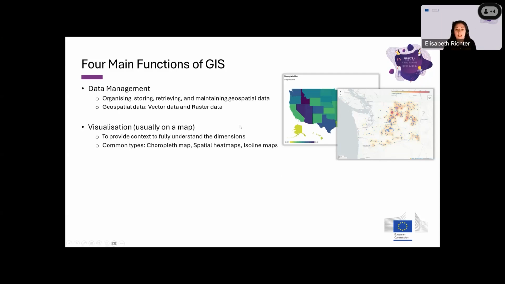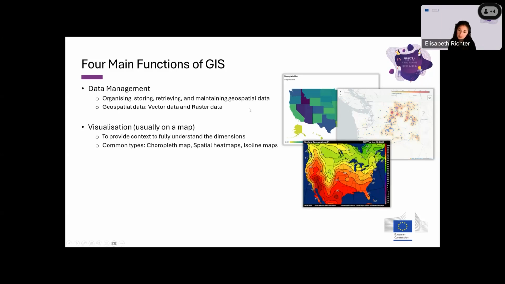And lastly, there are also those isoline maps, which are very common, and I think you've already seen that. This one visualizes temperatures. And the idea of those isoline maps is to use contour lines to represent the data, and it connects the points that have a similar data value, like the temperature, and with that, you can easily compare it to the areas that have a different value for temperature in that case. So that's about visualization. And the third component of GIS is the topic we're talking about today, which is